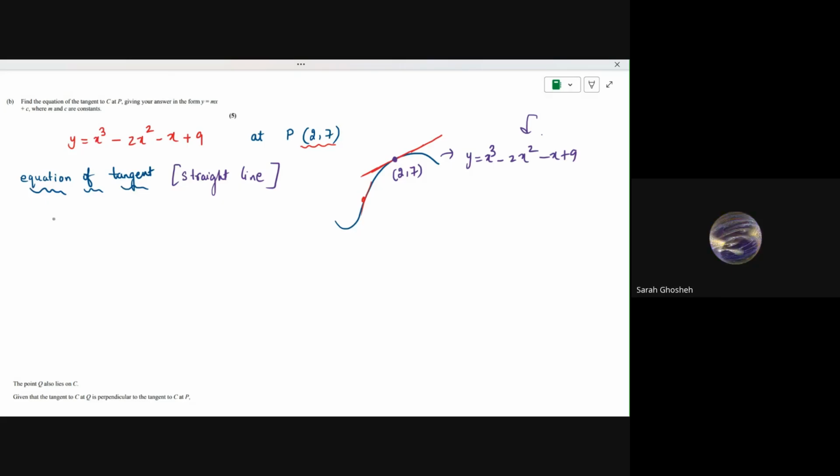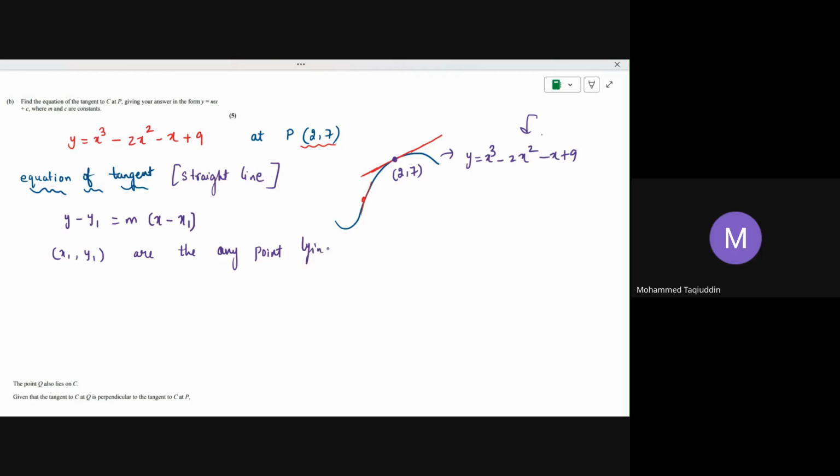y equals mx plus b. Okay, this is the standard form. The other form, when you have been given the points, you can also use this one, right? y minus y1 equals m times x minus x1, where x1, y1 are the coordinates of any point